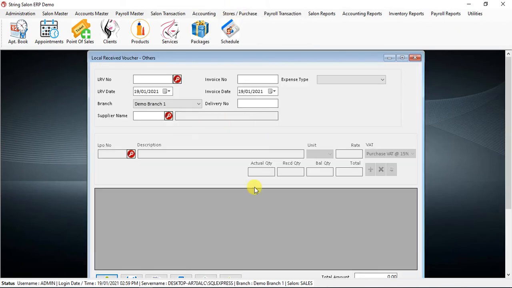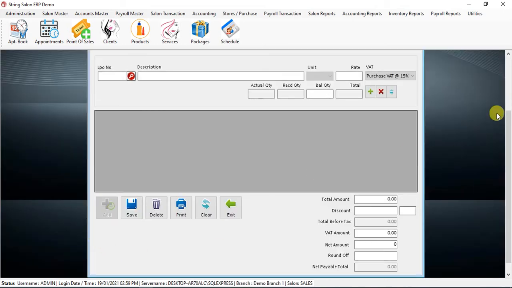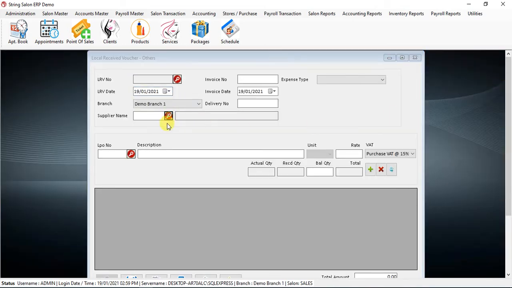So now I will create one more expense. Goods Received Others, add. Again I will select cash supplier. Now I will select telephone bills. See, phone bill for salon. Now this VAT you can incur, meaning you can take it back from the VAT department.